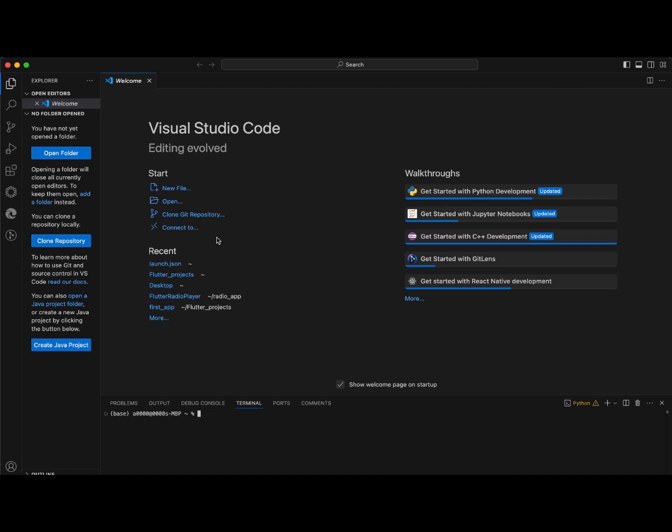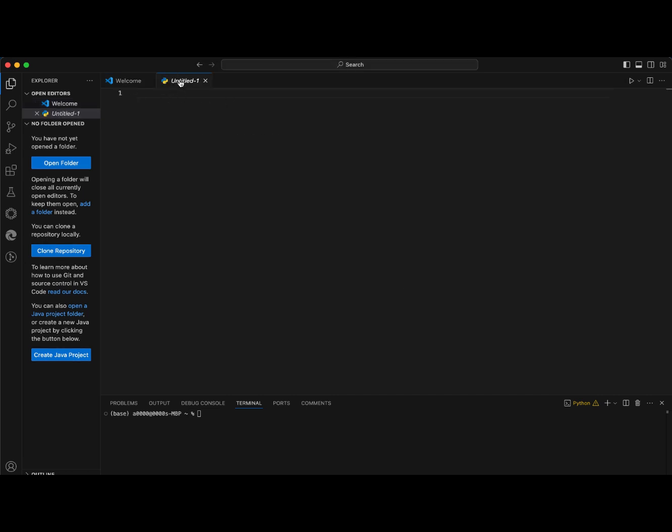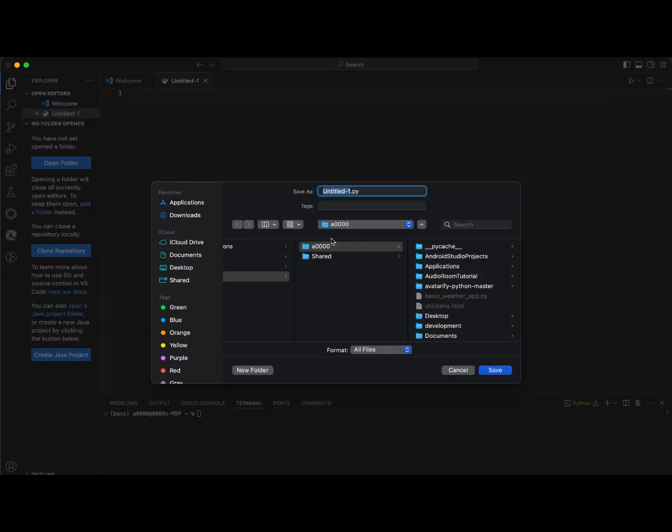We're going to start by opening a new Python file. So we click on New File and we go to Python File to create it. Now remember, the files are always usually created as untitled, so you need to give it a name. So to give it a name, you go to your file and you click on Save As. I need to bring up this